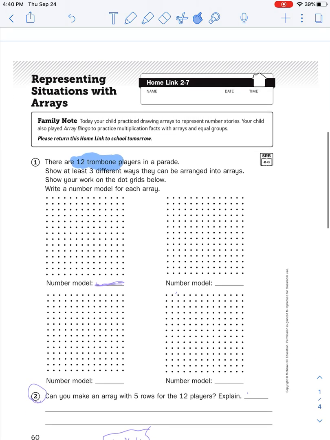Try this out. Oh, I forgot to mention one thing. We're going to start putting our name at the top of our paper, even if it's on Notability. It's been hard for us teachers to see whose work is whose. So if we can start writing our name at the top of every paper, that would be awesome. Go ahead and try this on your own. And then after that, you're going to take a quick check, and then you get to